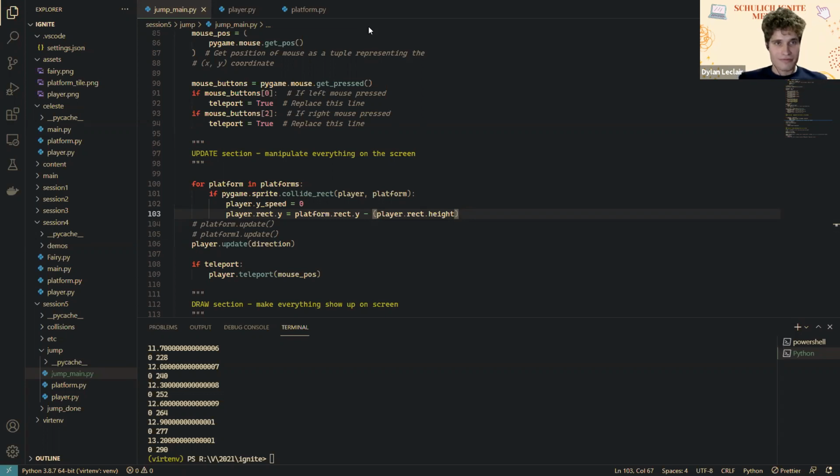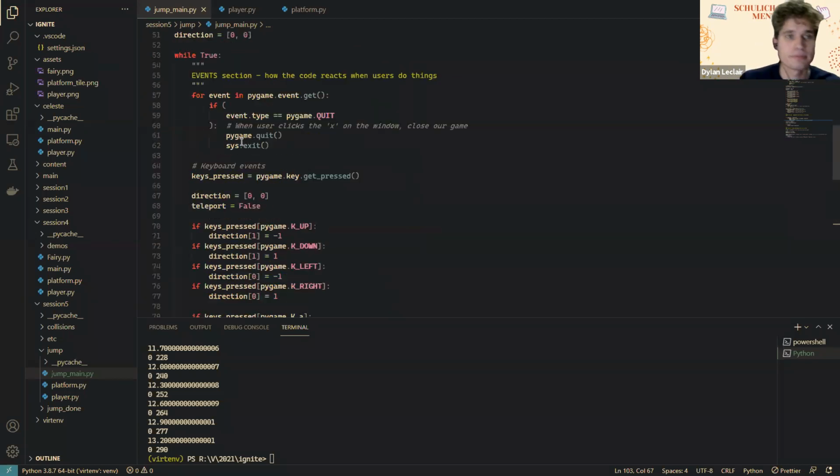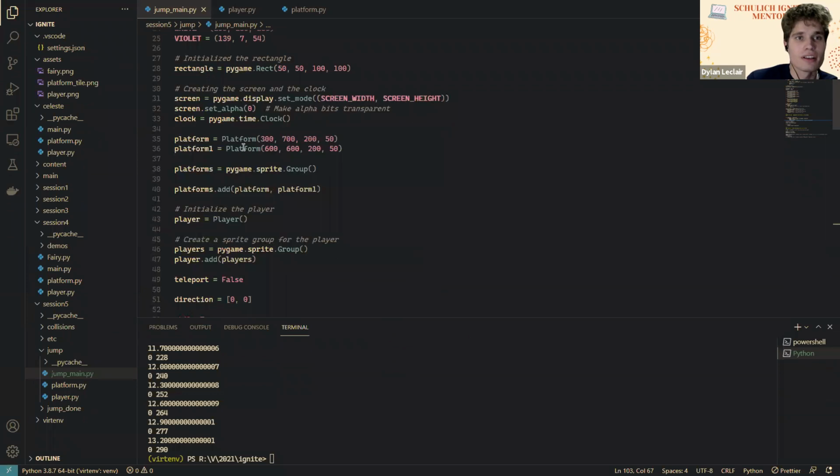Can I see my computer setup, or? Oh, jump. Okay. Yeah. So